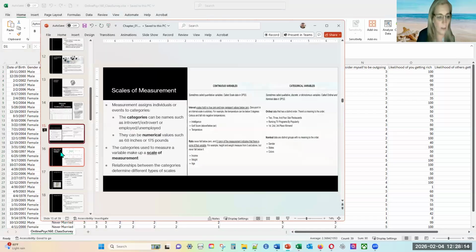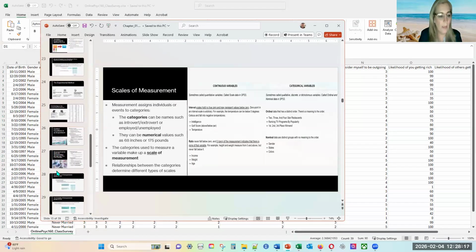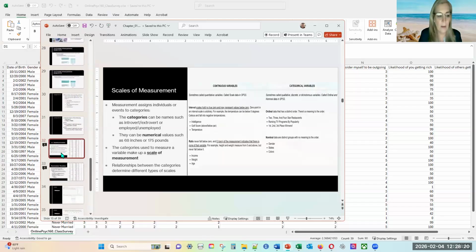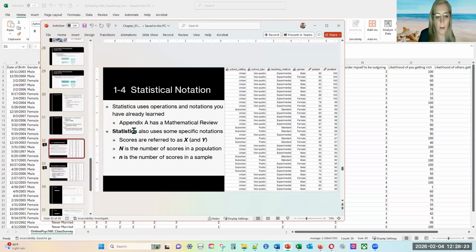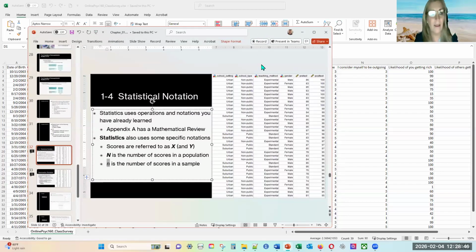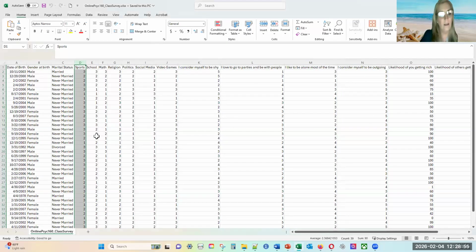All right, so finally, to move along here, we're going to go back to our chapter and recall that we had different notations that we're learning about, and one of them was N, and that is the number of scores that you have either in a population or in a sample. And if it's a sample, it's a lowercase n. And since this is only one statistics class, and the data set comes from one statistics class, I would say this is a sample, and n equals